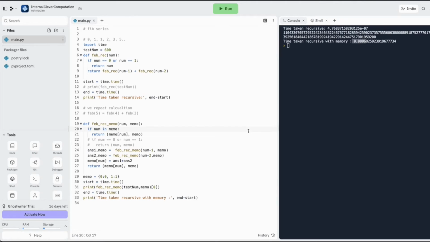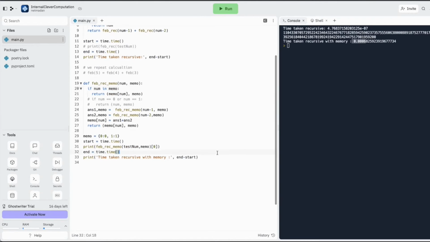Now, how can we improve this even further? Like for the case of 1000, this algorithm failed. And that's when we can do dynamic programming. So in this technique, what we are going to do is have one single loop with a list. We are going to dynamically calculate the values by adding the previous two elements in the list. For example, I have a fib list here,